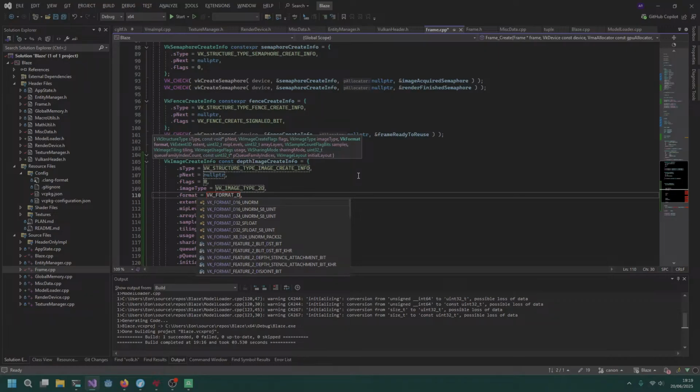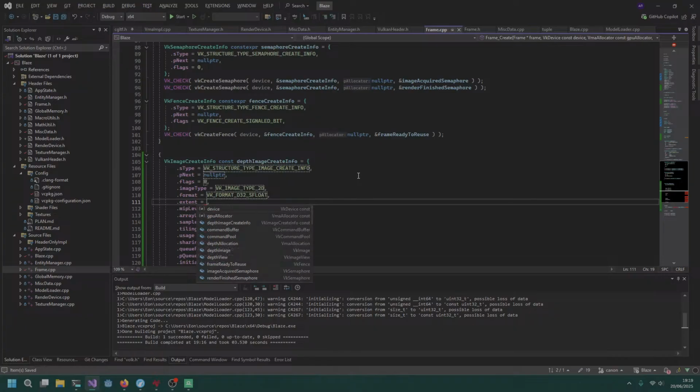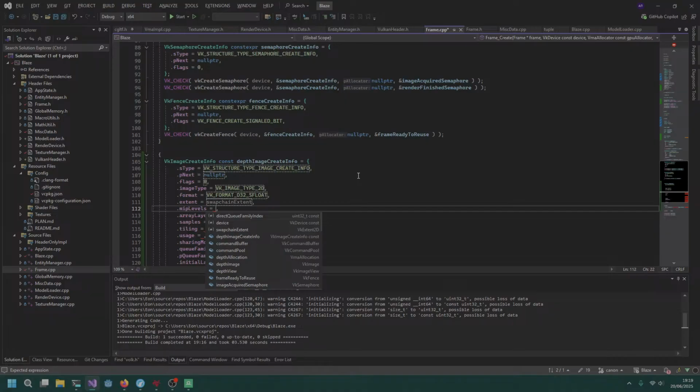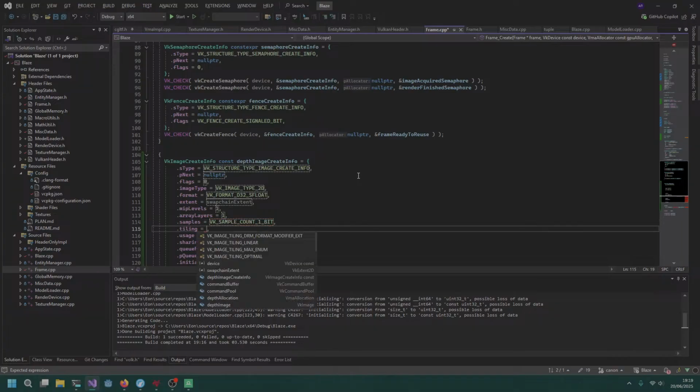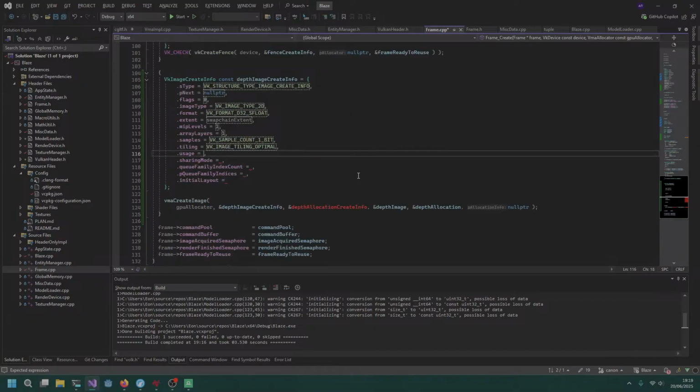Format. There are 4 formats available to us: D16 UNORM S8, D24 UNORM S8, D32 SFLOAT, and D32 SFLOAT S8 UINT. What I'm going to do for now is just use the D32 SFLOAT and see if anything complains to us. If they don't, then good for us. Otherwise, we'll fix it. Mip levels is 1, array layers is 1, samples is 1 bit, tiling is optimal,